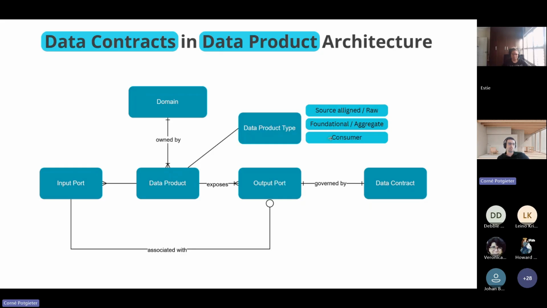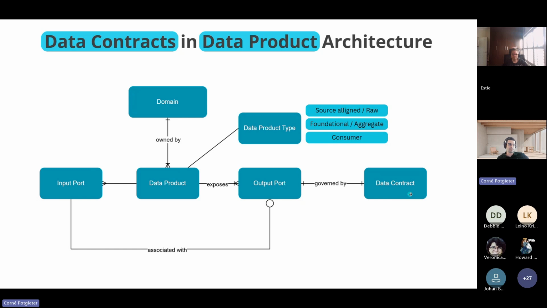And then you have consumer data products, which use either the raw data or these building blocks to build something for the end consumer. A data product has input ports, the port for how data gets inserted into the data product, and the data product also exposes its data through one or more output ports.